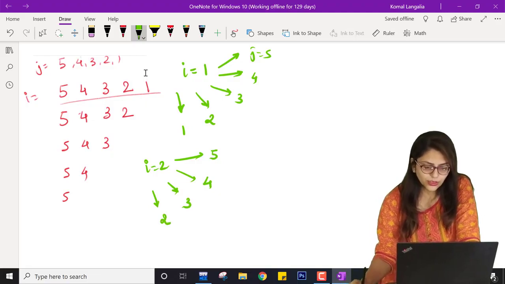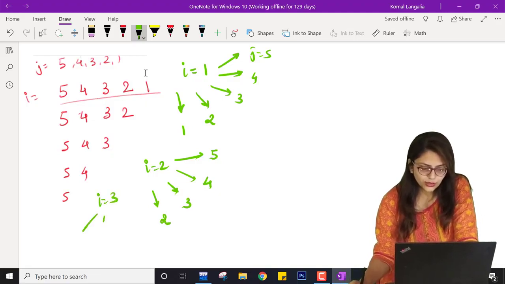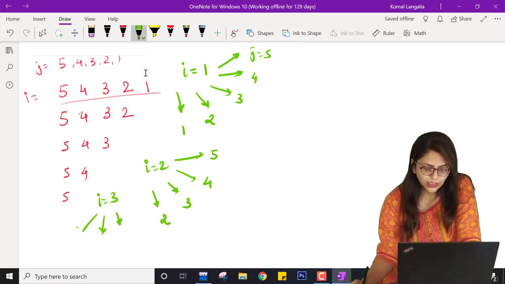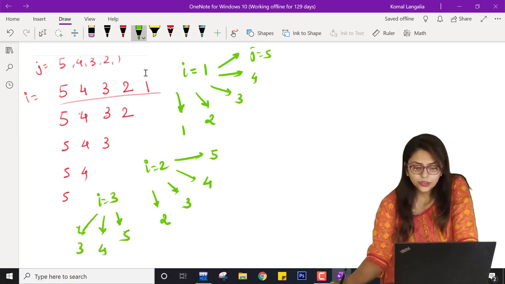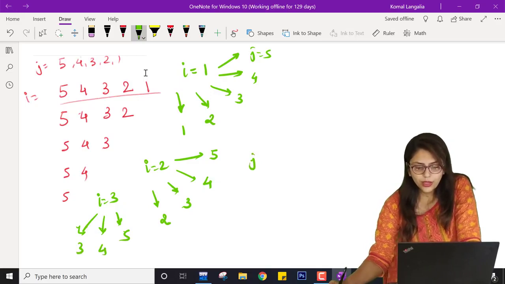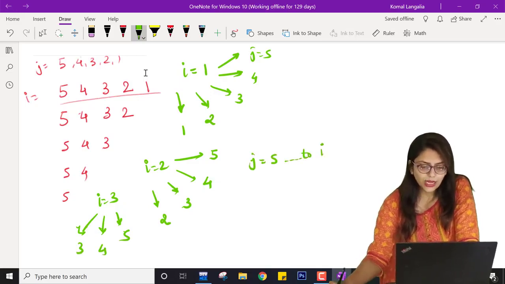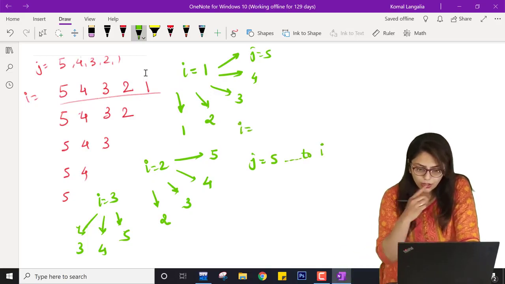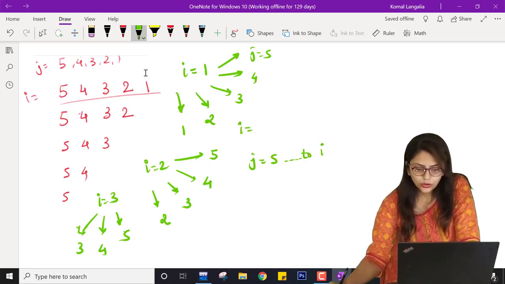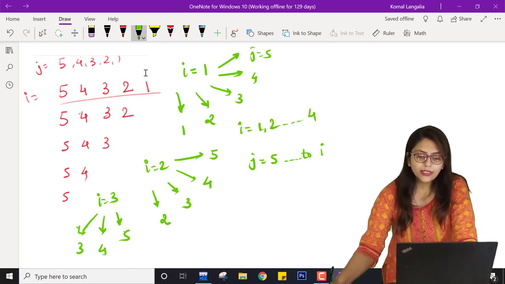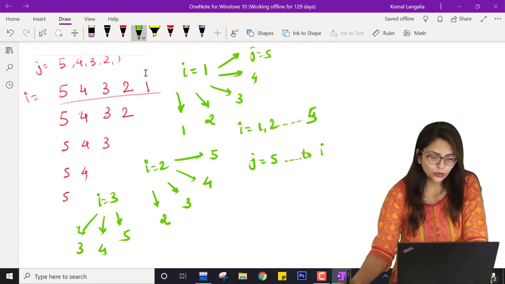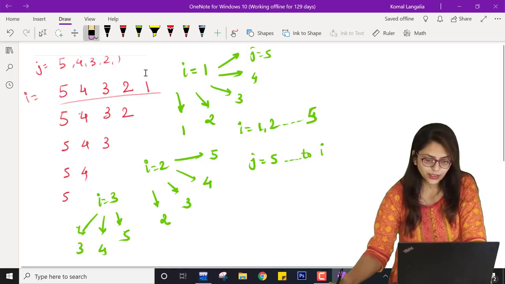For i equal to 3, this loop is running for 3 times and j's value will be 5, 4, 3. So now you can observe that the j loop is running from 5 to i, and the value of i will be starting with 1, 2 up to the number of rows. Now based on this I can write a code. Let me erase everything.